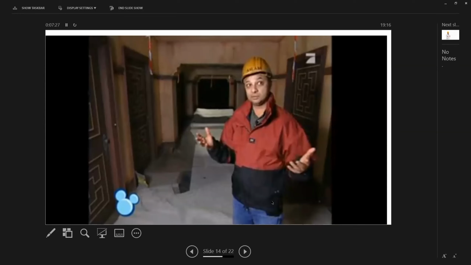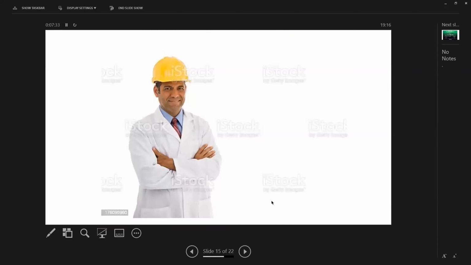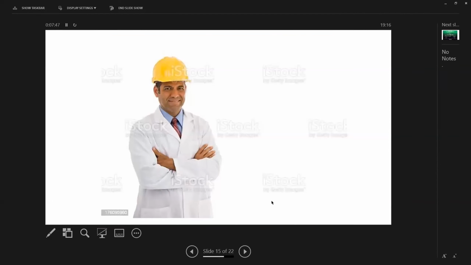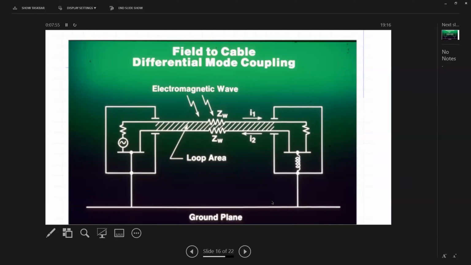And so when Scott and I went down there, we went down knowing that we had to look for a couple of specific things. By the way, you notice that the Disney uniform for engineers, an orange hat and a bright red and black coat, and that was typical uniform. So when Scott and I got down there, each of us wearing our yellow hard hats and our white lab coats, they immediately dubbed us as the Ghostbusters. Okay,